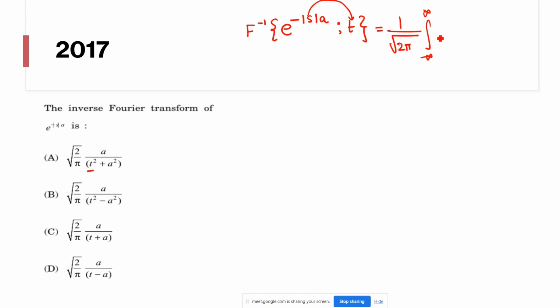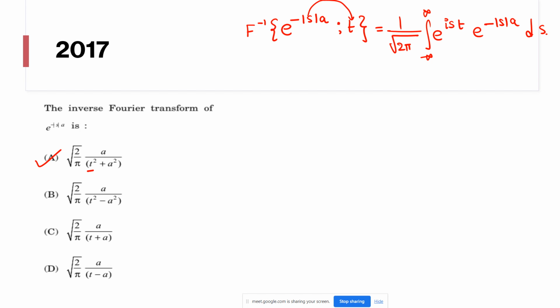e raised to, option A. Okay, Mandar is right actually. So it should be written with a minus sign: e raised to minus ist, times e raised to minus mod s a. Yes, it is right. I should integrate with respect to s. So option A is actually right. Just check it once. Everybody can take their time. Option A is correct